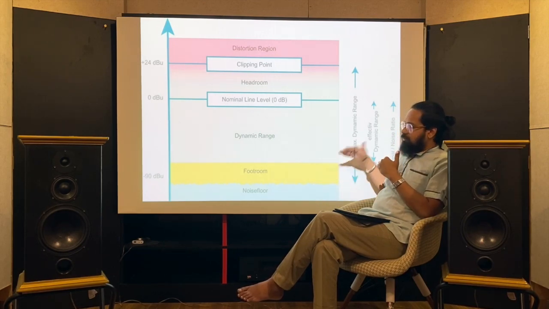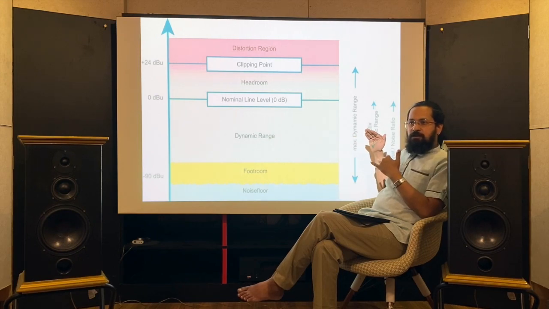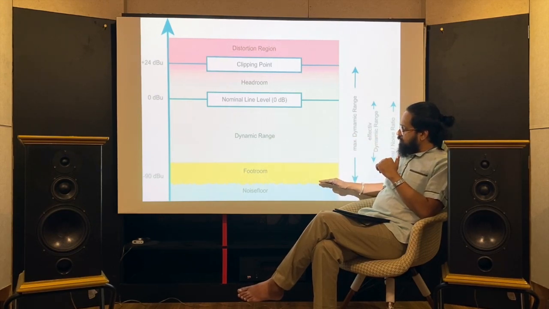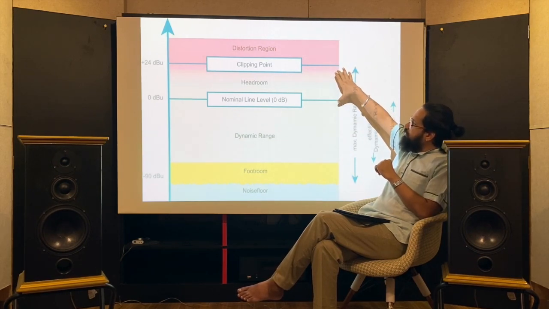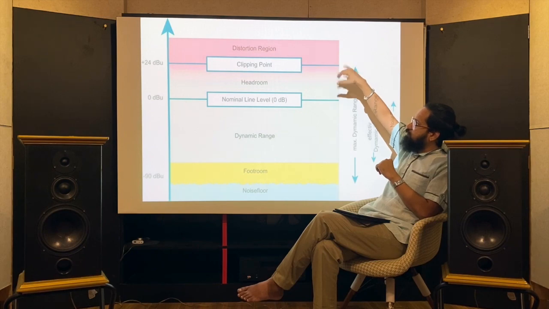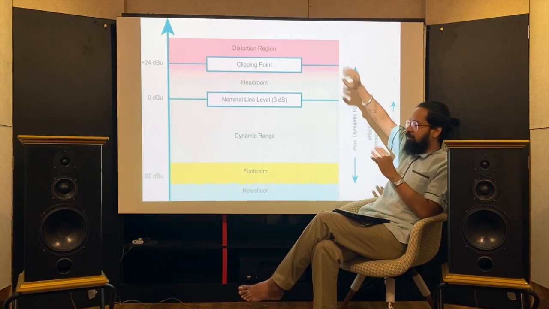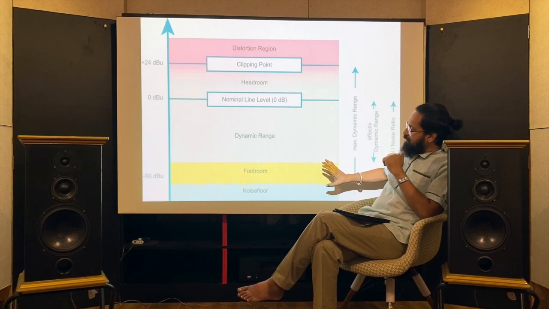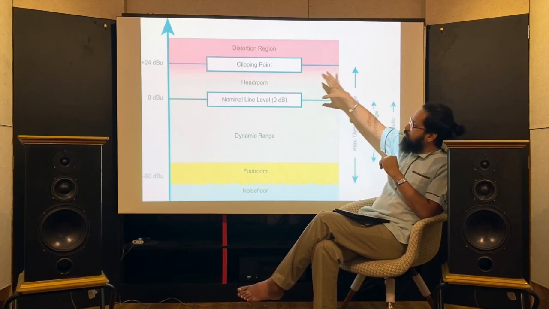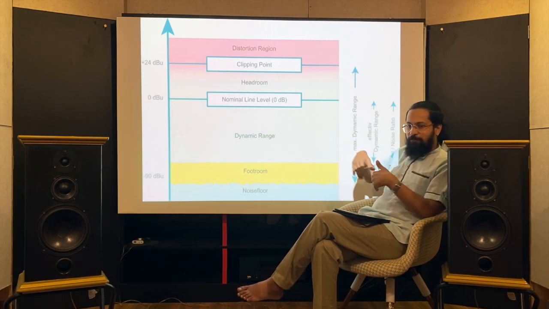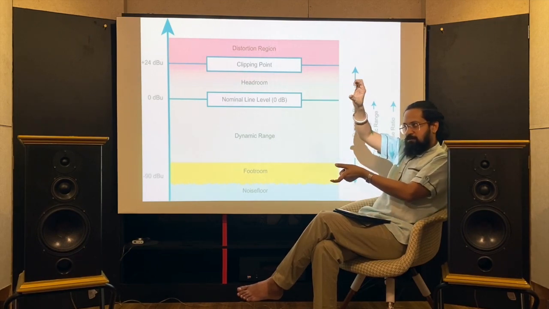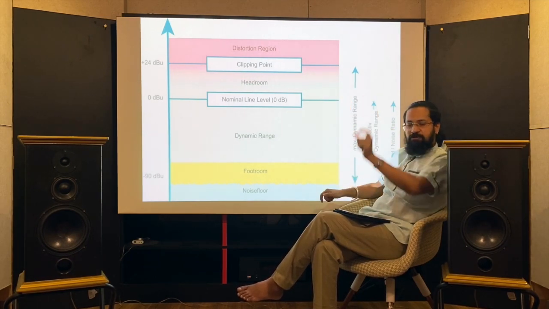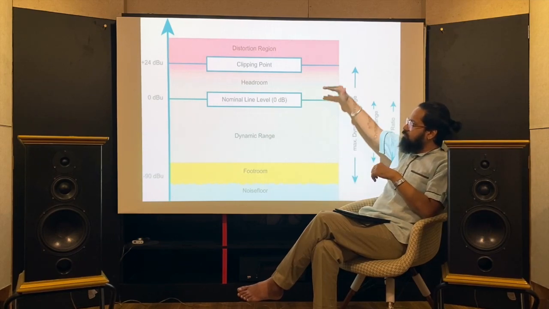In a typical high quality recording studio, we'll have the noise floor set very low. We'll have a foot room, and we'll have the headroom. Anything above it is the distortion range. We'll go to the distortion range in a little while. Foot room is a band. It is like a gutter, and the headroom is like a gutter. When you are printing a paper, you would leave gutter space on all four sides, right? Gutter space on top and bottom and left and right. This is exactly the foot room and headroom.